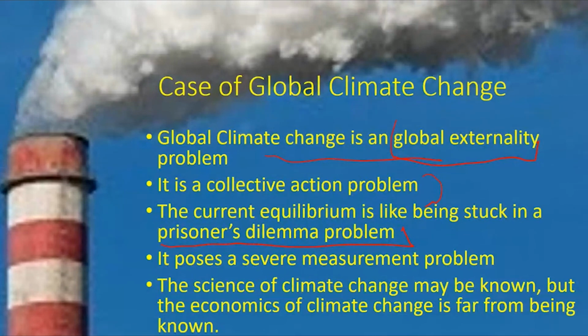But we could well be in a situation where, if everybody does what's in their best interest, we end up with a terrible outcome for everybody, because it would really be best if everyone collectively acted and made a particular change in order to reach a particular solution. Okay, so there is a prisoner's dilemma aspect to this problem. Global climate change also poses an absolutely severe measurement problem. We ought to take everything that's said about climate change and its economic effects with a grain of salt. We should recognize these are estimates. Those estimates are likely to change over time as we get better or worse at calculating these things. And we're going to be making decisions under great uncertainty.